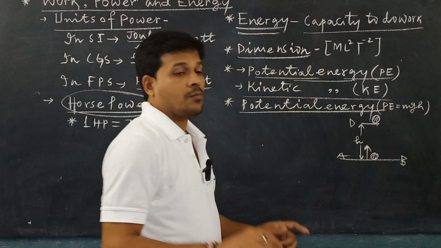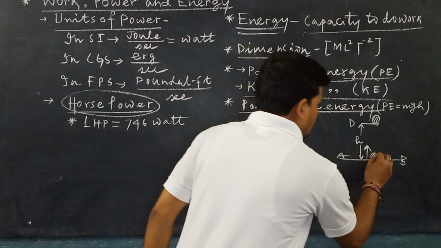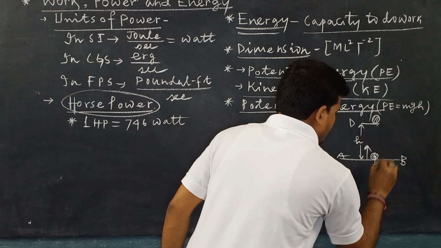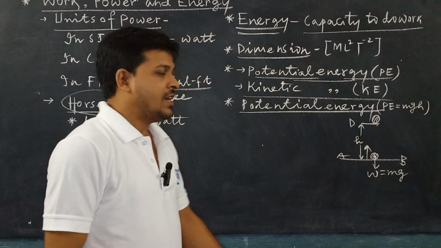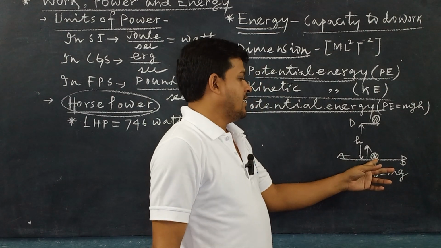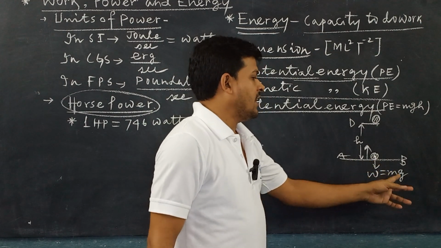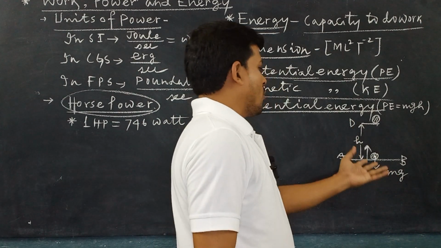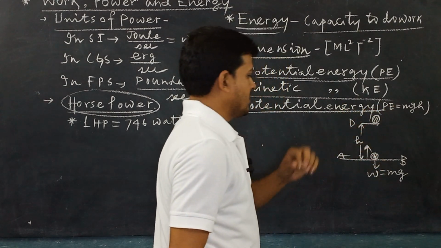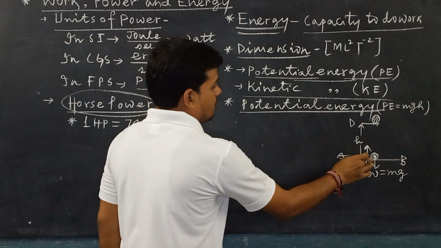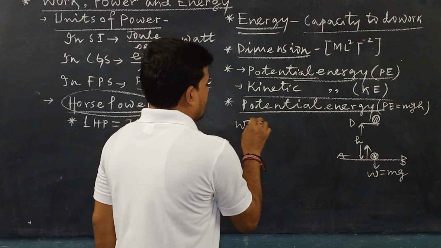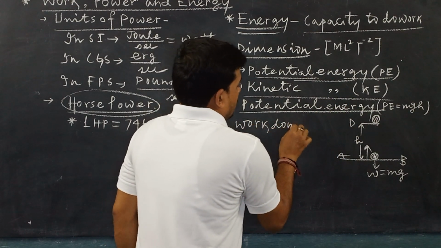Then some amount of work is done. The weight of the body W equals mg, if m is the mass of the body. Now the body is raised to a certain height h. Therefore, the work done on raising the body from the AB plane to D will be